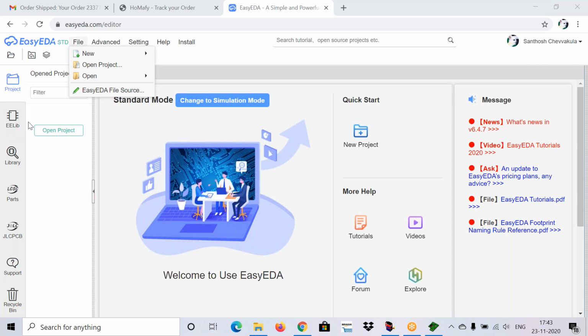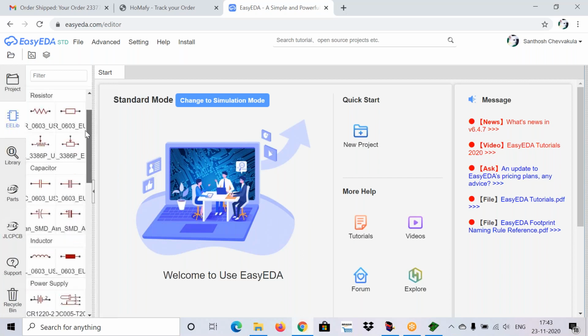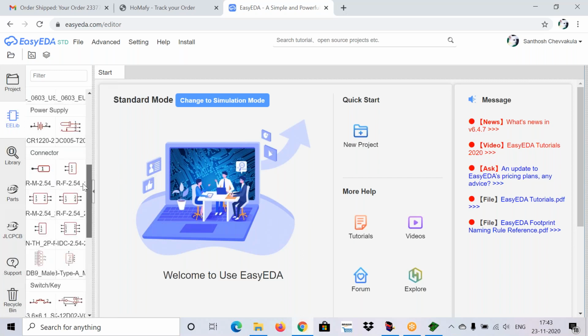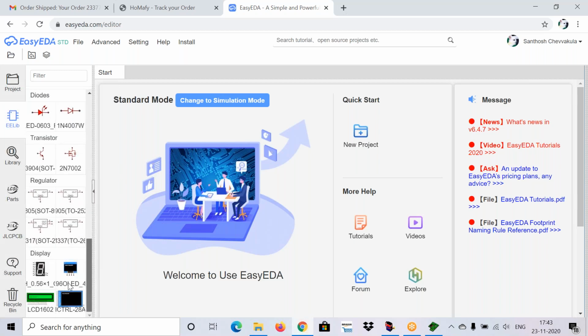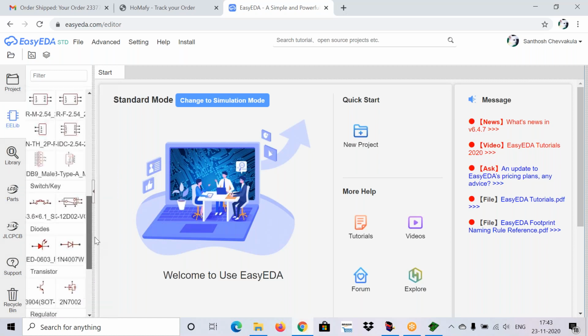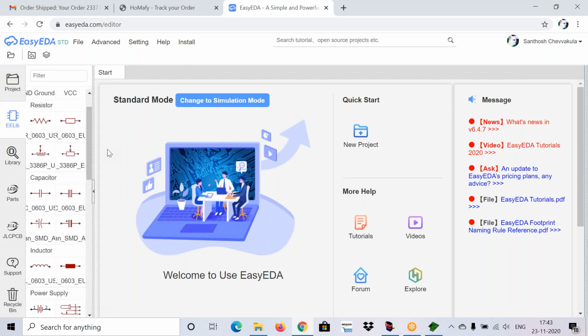If you just give a click on it, you will find some of the basic component circuit symbols like resistors, capacitors, LEDs, transistors, and regulators and some displays. These all components come under EE library. These are some basic components.